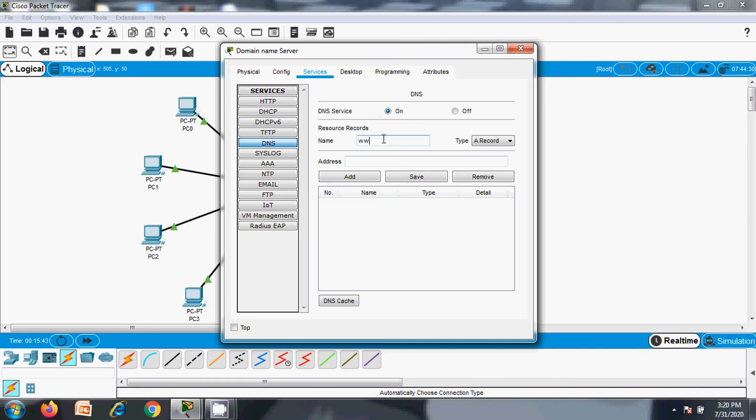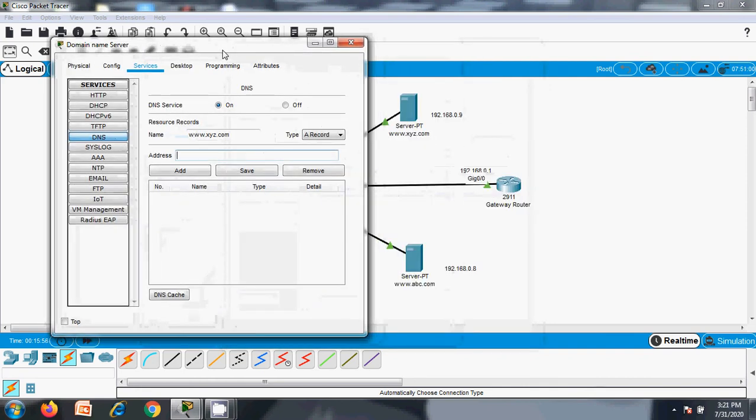And what needs to be done is, you need to make an entry of mapping of the canonical name with the IP address. So now the IP address of the XYZ server is 192.168.0.9, and you make an add entry.